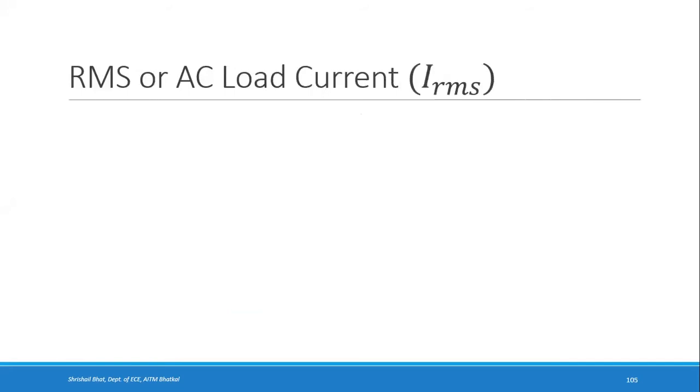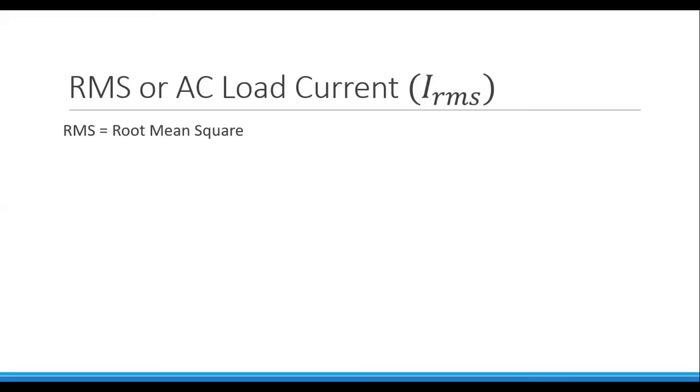So the next parameter that we have is the RMS value or the AC value of the load current, that is called IRMS. Why we need this RMS value? RMS stands for root mean square. Whenever we take AC quantities, what gives the exact picture of an AC quantity is its RMS value. We know an AC quantity will have a peak value. We have represented i0 as Im sine omega t, or v as Vm sine omega t.